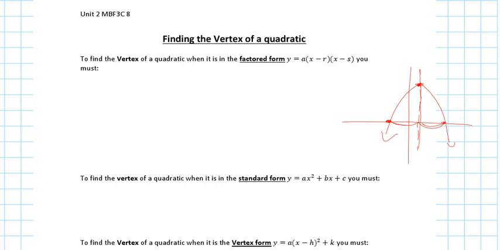So we said that the factored form gives me the zeros. We all agree on this? We all understand that the factored form gives me the zeros or the x-intercepts? Yeah. All right. Now, to find the vertex of a quadratic when it's in the factored form, you must find the zeros, or the x-intercepts,